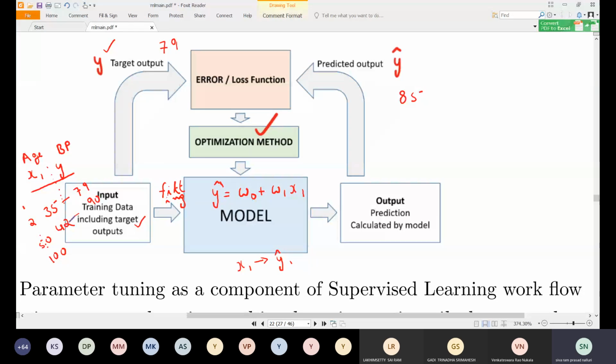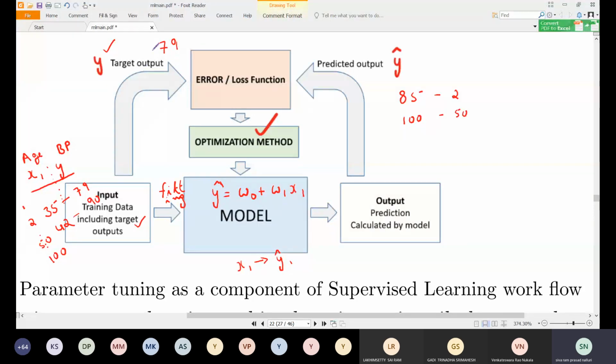So what we do is we select this record and we give the input 42 to the model. So the model predicts. This is the prediction for which record? Second record. And this is the prediction for the 50th record. If the model predicts that his blood pressure is, say, 100,